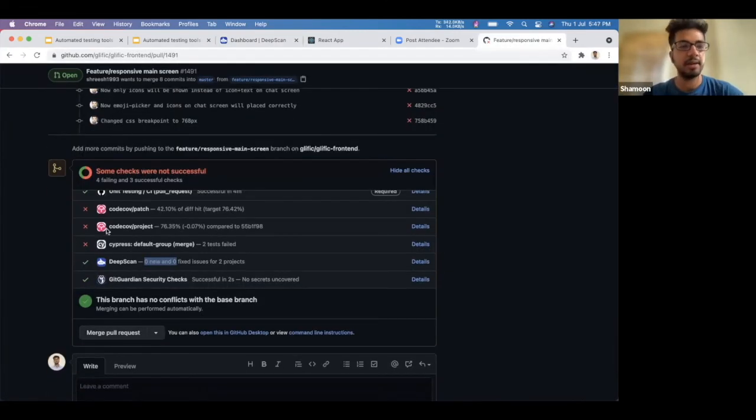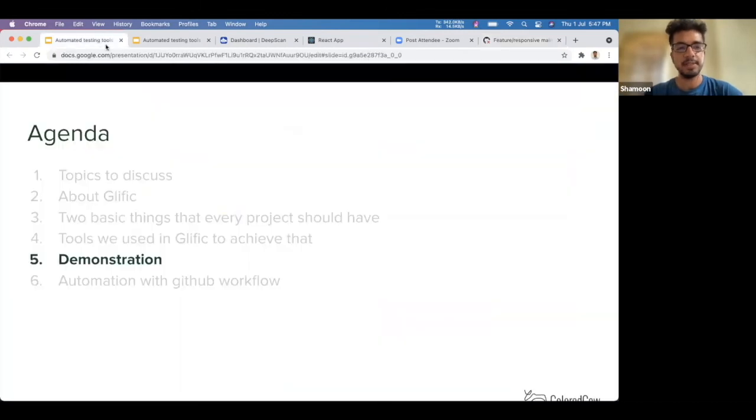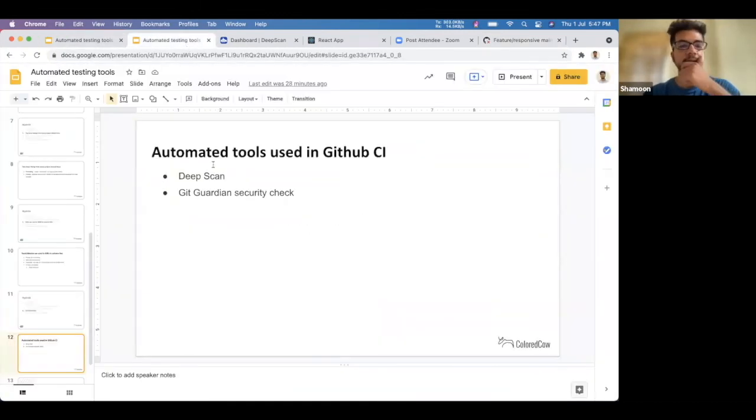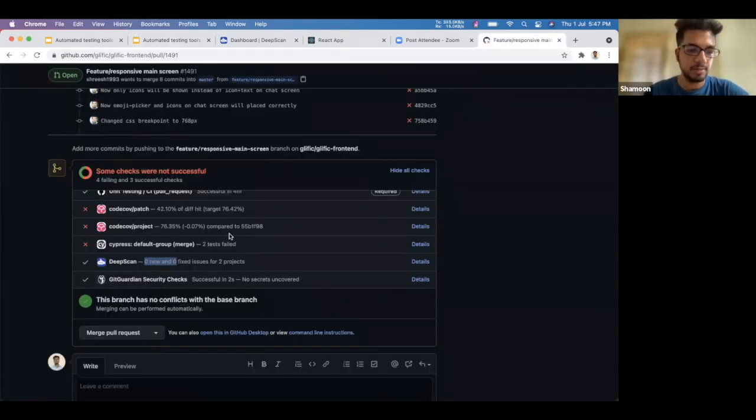And second is the Git Guardian security checks. Sometimes it happens when you write your code, you push your IDs or keys. Let's say if you're working on Stripe, you sometimes put your Stripe production keys on GitHub, and that could harm your project, because once it's checked in on GitHub, it can be seen by anyone if the project is open source. So for that, we have used a service called Git Guardian Security Check that checks if any security breach has been done, and it checks in every PR. So that helps us get an overall check on the security.